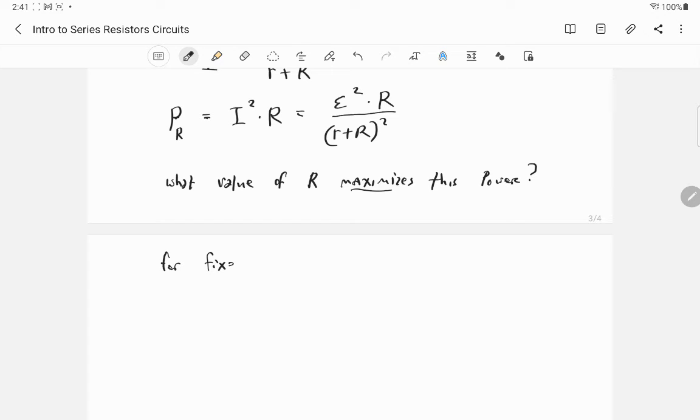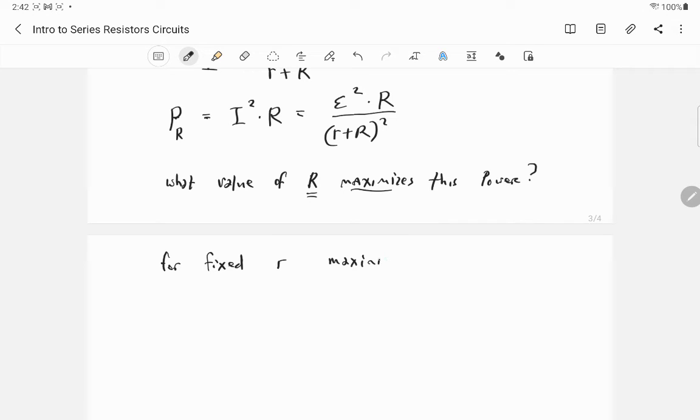For a fixed value of internal resistance, in a sense, you don't get to change the internal resistance of a battery, right? You just buy the battery from the store, and whatever materials it's made out of have resistivities, etc., and it's going to come with a fixed internal resistance. But what you do have choice over is what load you put that battery on. So for fixed r,